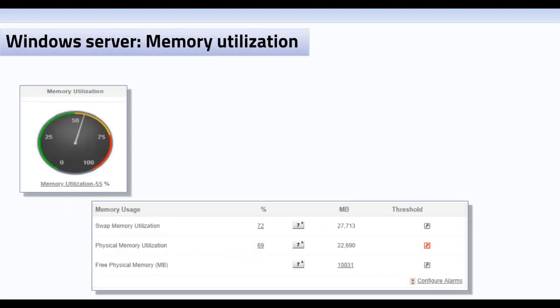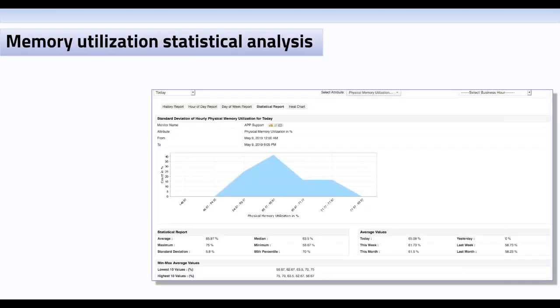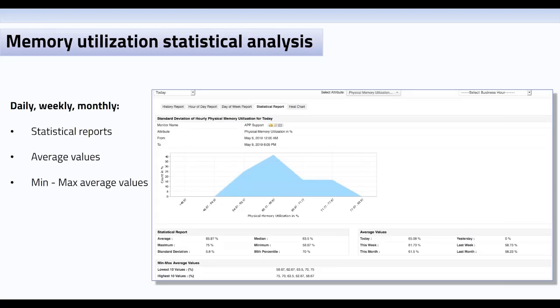Similar details can also be seen for memory. That is not just the memory utilization of your server, but in fact the breakup of memory utilization, wherein you can see the swap memory utilization, the amount of physical memory utilized, as well as the physical memory that is free. And of course, just like we saw for the CPU utilization, you can actually see a statistical analysis of